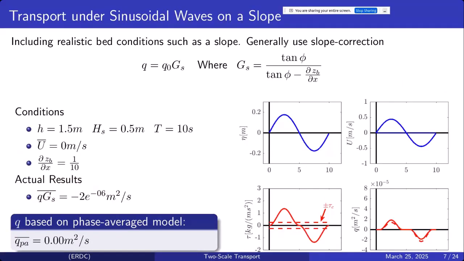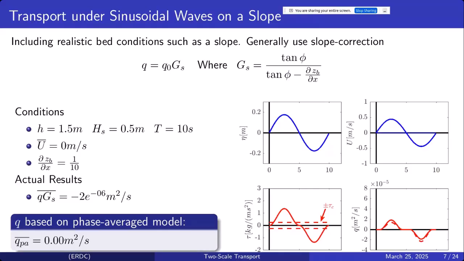So I think those are some, at least for me, fairly compelling reasons why we would think we would have to include the details of the phasing of the waves in order to get this cross-shore sediment transport right. But another